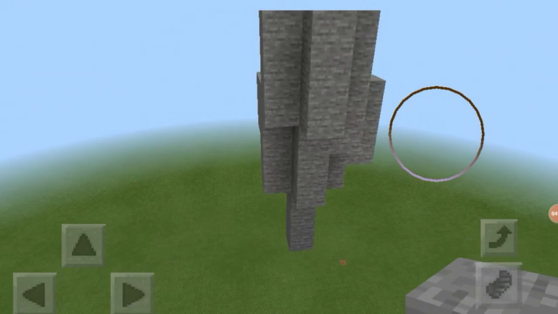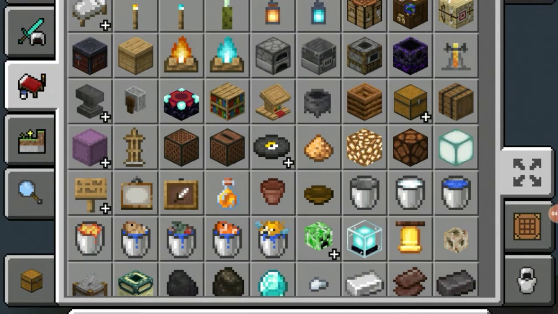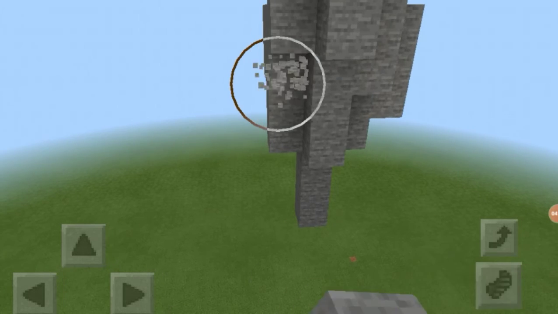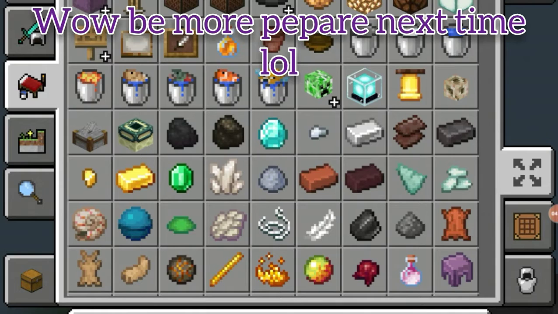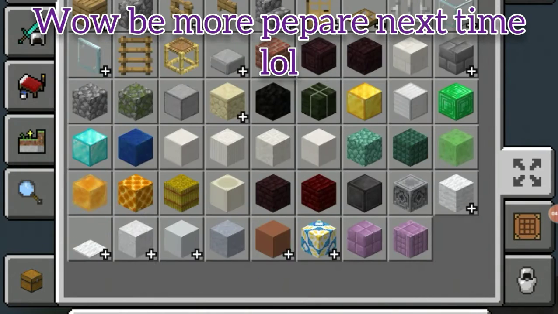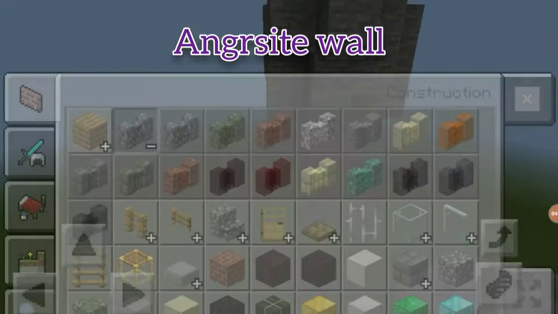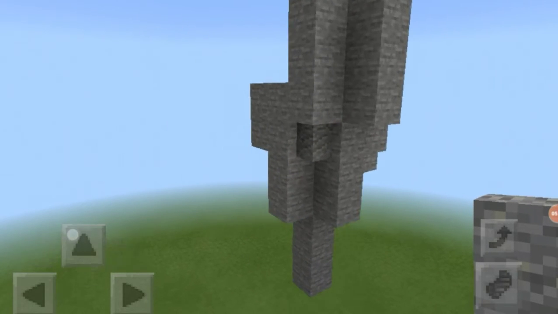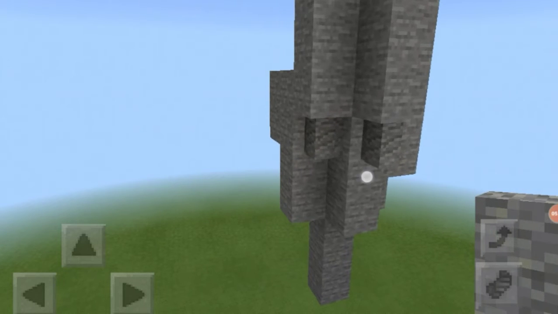You see how these 2 blocks are completely on the same length? What you can do is either put a block right next to it, like you can put a block here to change the length, or you can get a slab, or let me find it. You can get a wall. You can get the andesite wall and put it right here, and it gives a really nice look to the build already. So if I put this like that,